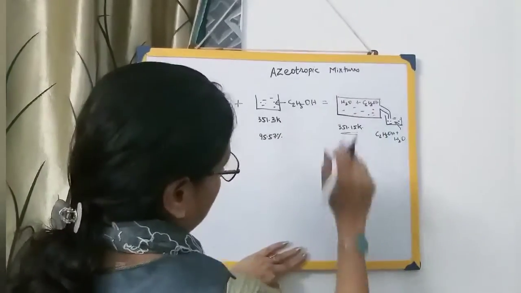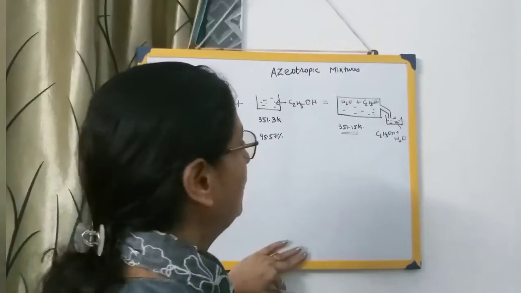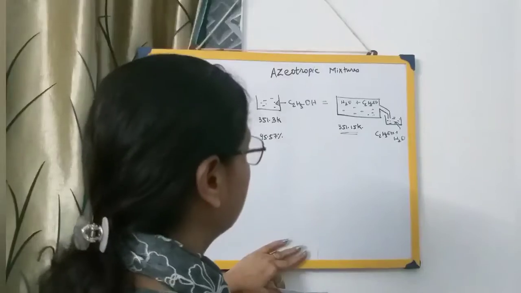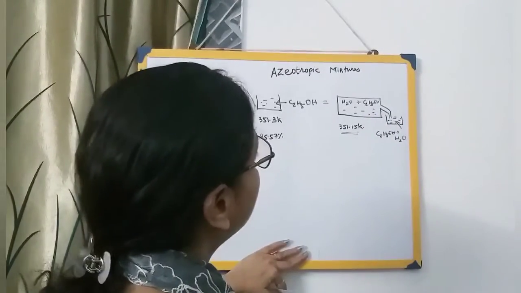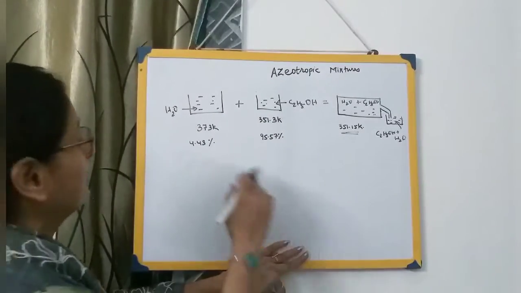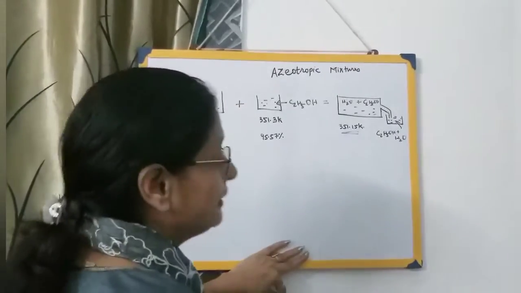So as you are boiling it, it is reaching near the boiling point of ethyl alcohol, where you are supposed to get only the vapors of ethyl alcohol, but you are not getting the vapors of only ethyl alcohol. You are getting the vapors of both, ethyl alcohol and water molecules. And one thing we are doing here is keeping the composition of both maintained as constant.